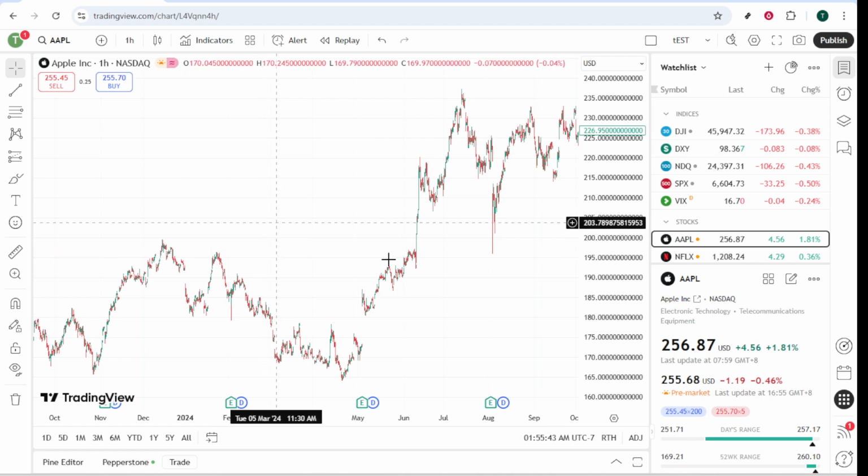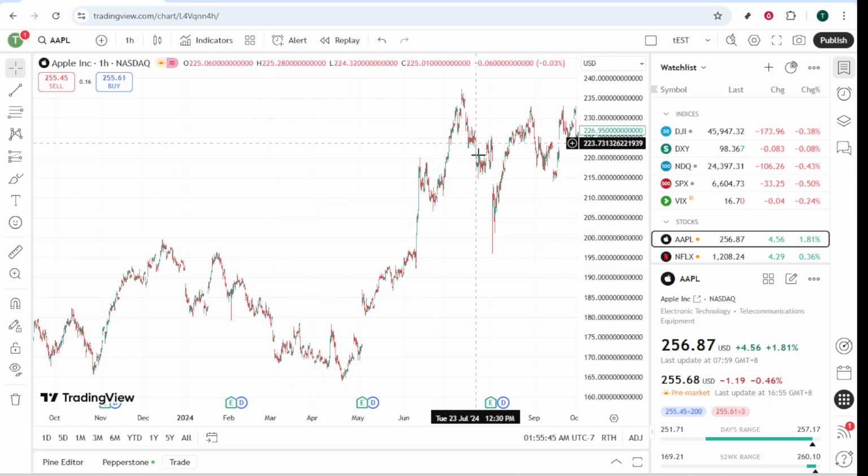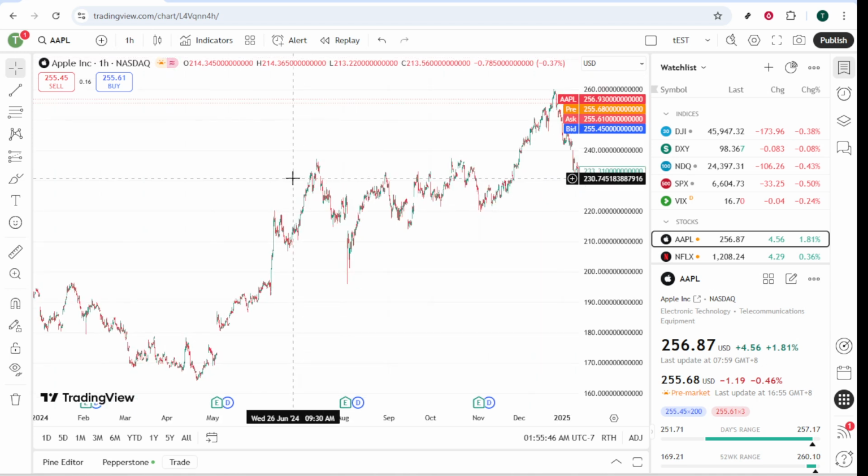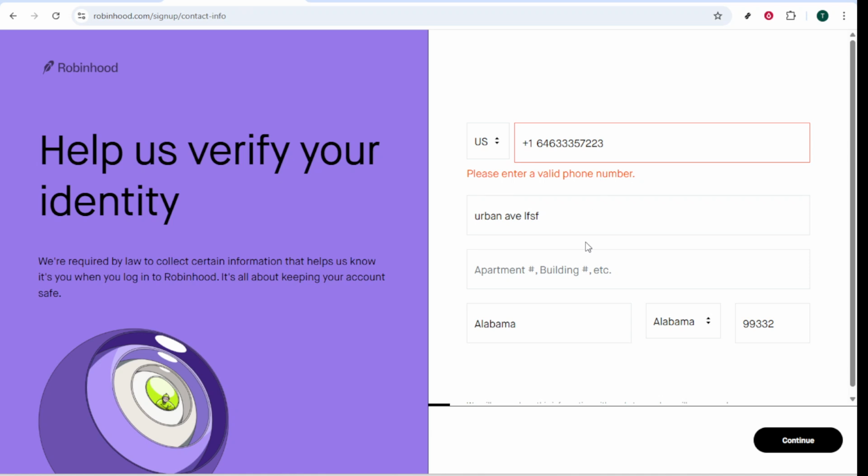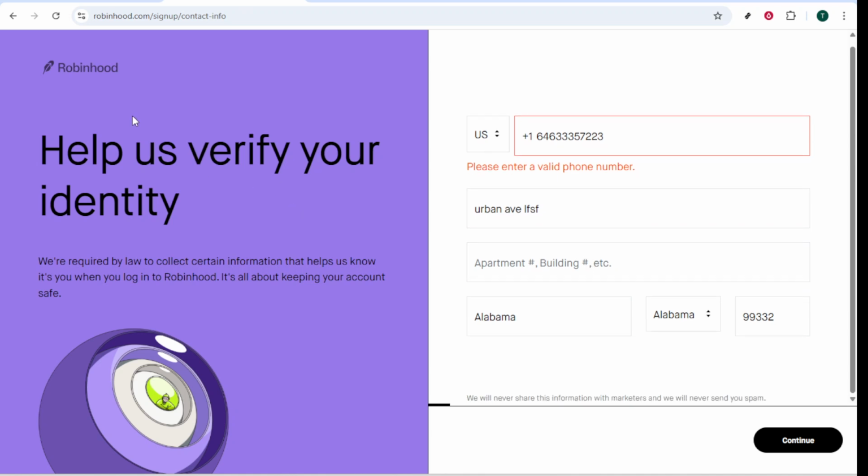Next, you'll want to create matching watch lists. This means replicating your list of desired stocks and assets from Robinhood over to TradingView. Doing this helps you streamline your analysis and decisions without having to juggle between different lists. Once your watch lists are mirrored, analyze your investments using the advanced charting tools on TradingView. When you're ready to execute a trade, simply switch over to the Robinhood platform and place your order manually. This method gives you the power of TradingView's analysis tools combined with Robinhood's trading capabilities, even without a direct link